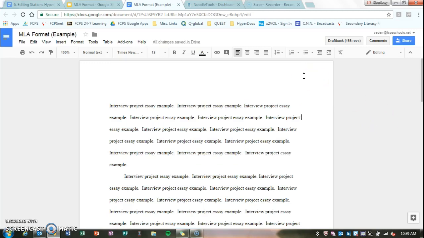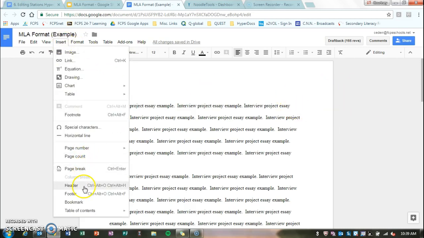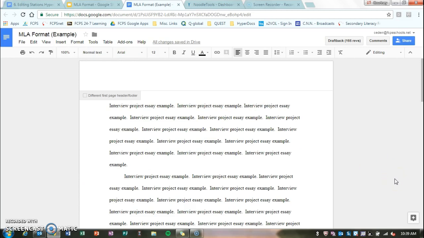You then want to add a header. You can do this two ways. The first is to go to the very top of your paper and double click. You'll see that there's a box here with a gray line on it. Or you can go to Insert, Header. It does the same thing. Your header should be right aligned, meaning that the typing starts on the right side of your paper. So in order to do that, you click this button that says Right Align, and you're going to type your last name,